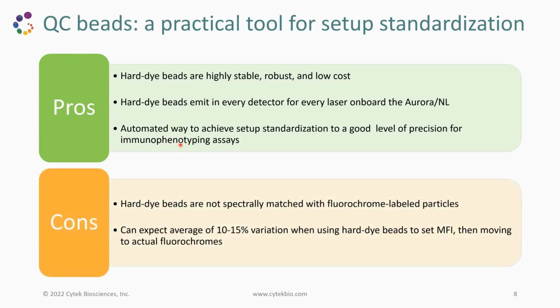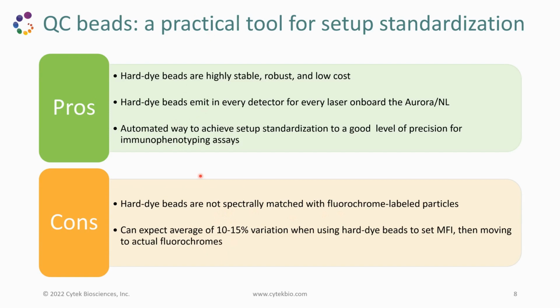What is their limitation? We are not saying they are perfect, and we know that there are limitations. They are not spectrally matched to fluorochrome labeled particles. As I explained, these are not beads that are stained with the actual fluorochromes. So their spectra are very different to the actual fluorochromes that you run in your assays. And the fact that there is a spectral mismatch means that when you run fluorochrome stained particles, you're going to see a little bit more variation in the setup because there is a mismatch in the spectrum. So they are not perfect, but they have great advantages and they provide us a practical way to achieve a